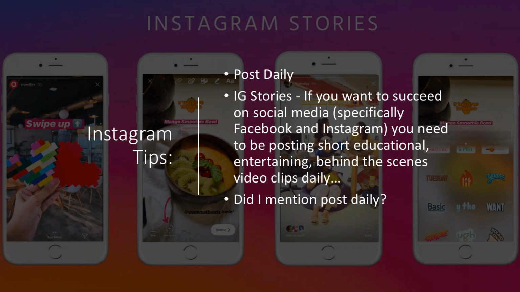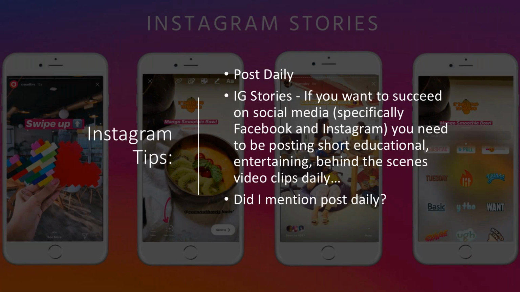So with Instagram stories, just some tips for you guys when it comes to creating Instagram stories. Highly recommend, as I mentioned, posting daily on Instagram, at least once a day when it comes to your feed. If more, great. Just know that the more you feed the beast, the algorithm is going to expect that. So if you hit it hard for 1 week and then you go dark for 2 weeks, that will tell the algorithm that you're inconsistent, and it will degrade your ability to get some traffic. So bite off what you can chew, but don't go too crazy in the beginning. Find your cadence and what's comfortable for you.